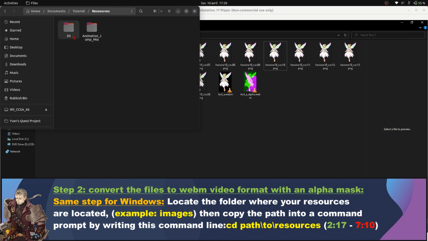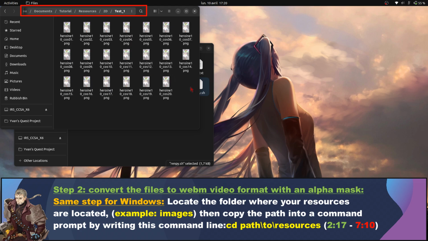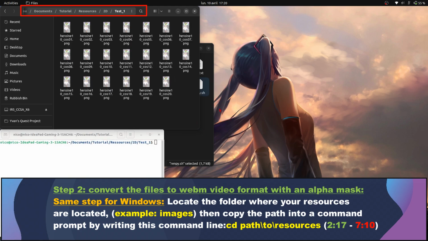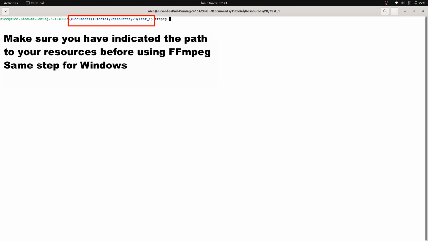Once you have specified the path to your resources in the command prompt, you can use FFmpeg to convert the images. The first command line will convert all images into a video format. Frame rate is the number of frames to be displayed per second.